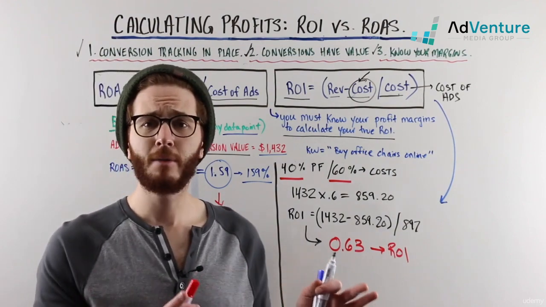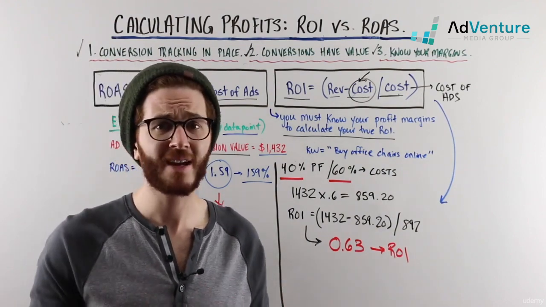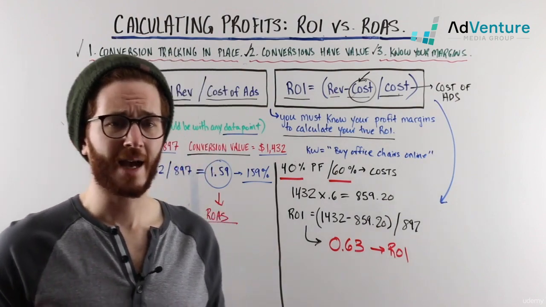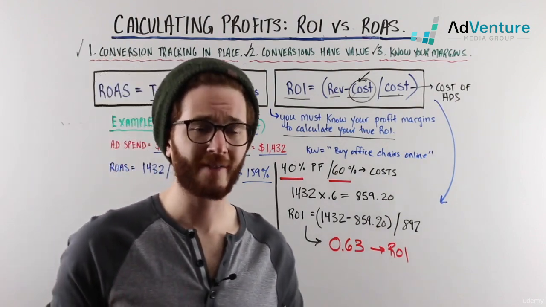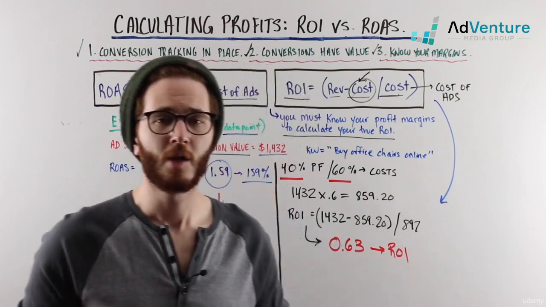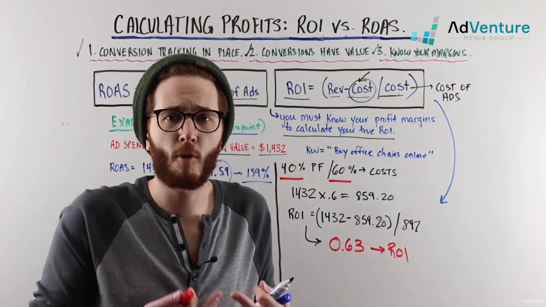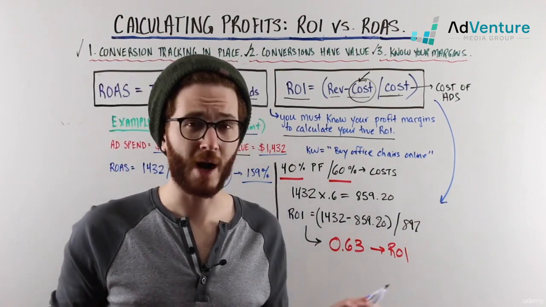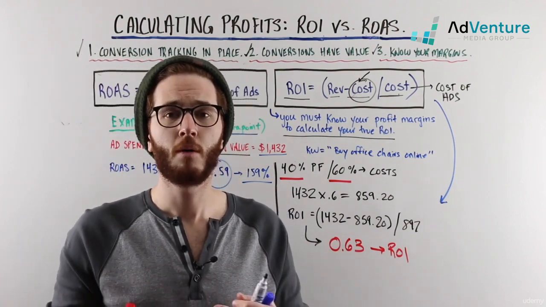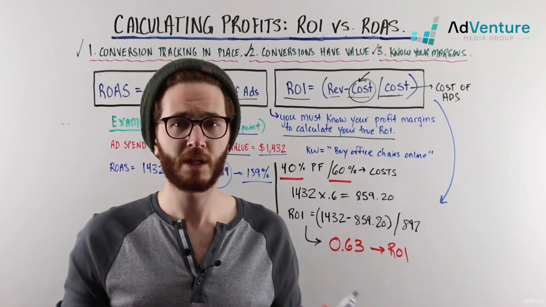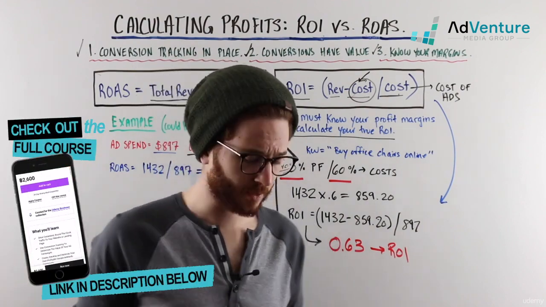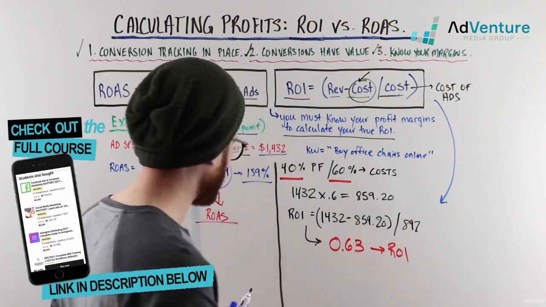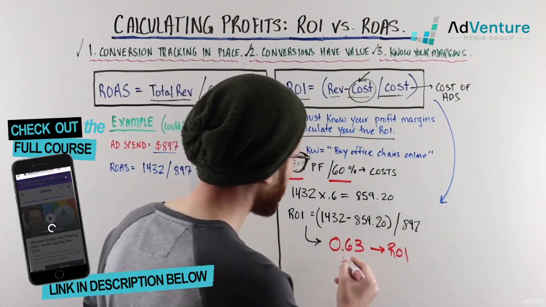Now, that doesn't necessarily mean you should shut off your campaigns. In fact, in most cases, it doesn't, because there are other types of value that a client brings. You have to think about word of mouth referrals. You have to think about the value of your company getting more exposure. It might be perfectly fine to have a 0.63 ROI. It totally depends on your marketing goals and your business goals. It really, really depends, and your marketing goals and business goals are greatly influenced by what would be an acceptable ROI or